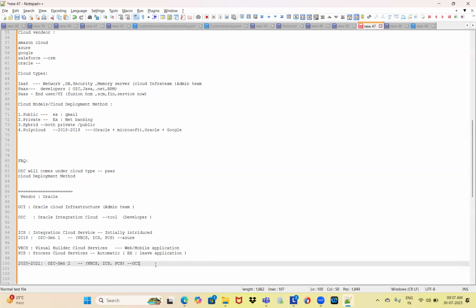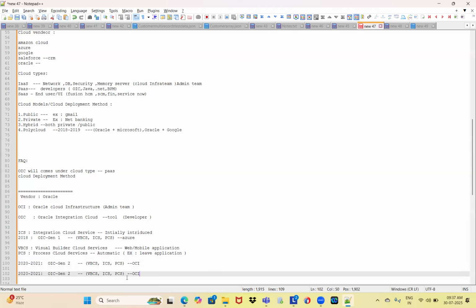Currently present in the market is OIC Generation 3, which came around 2023 to 2024. They added some features and introduced it as Generation 3.